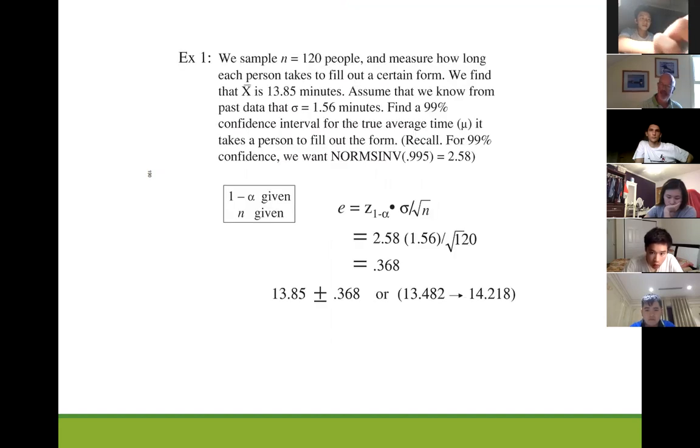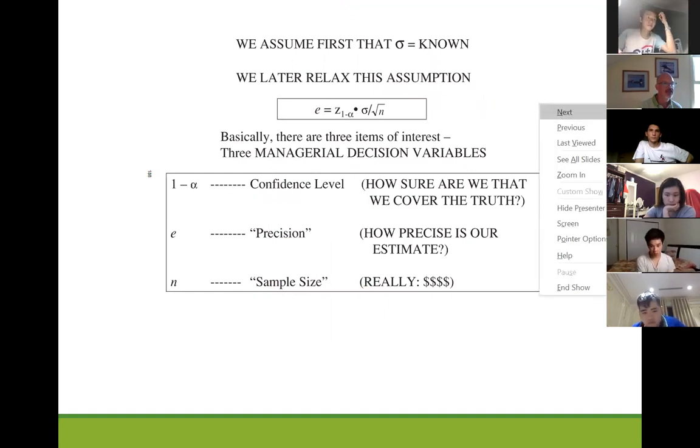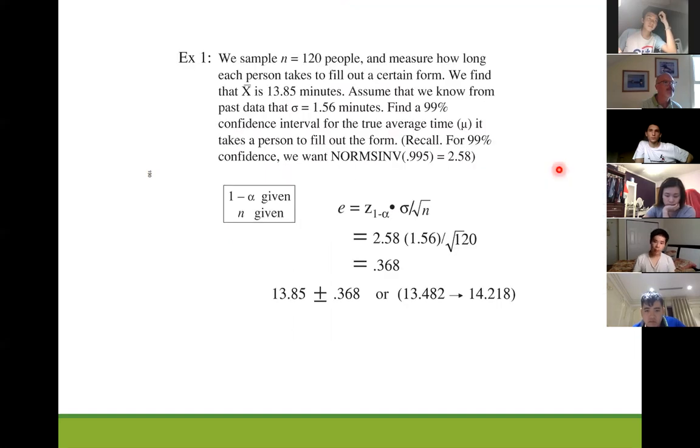Okay. So, let me go back here 1 second. Once you know this formula, you can manipulate this formula to answer these questions: confidence level, precision, and sample size. Okay, so for instance,